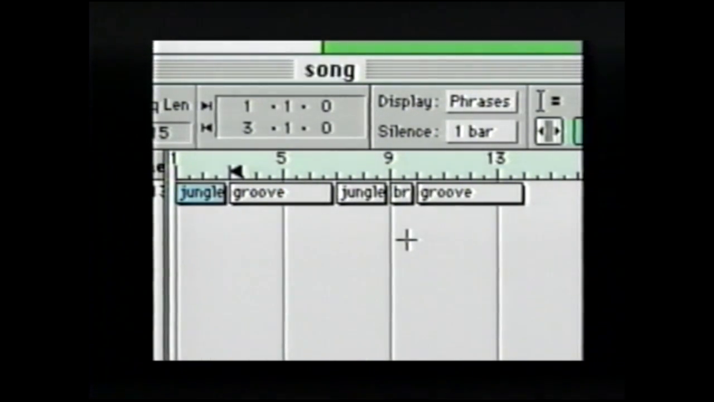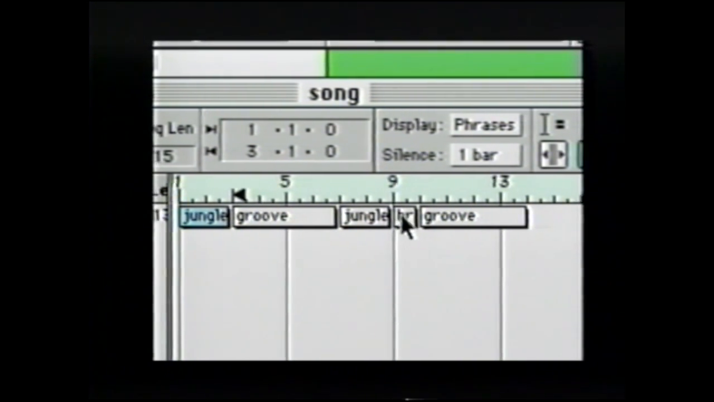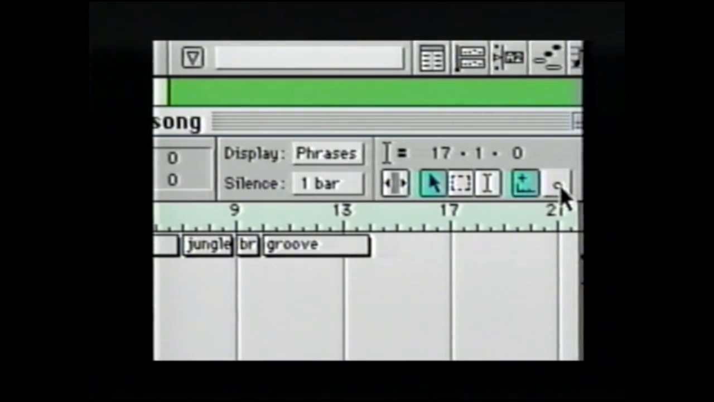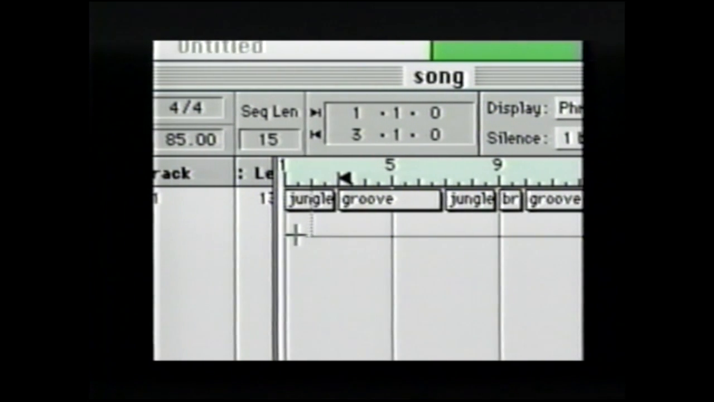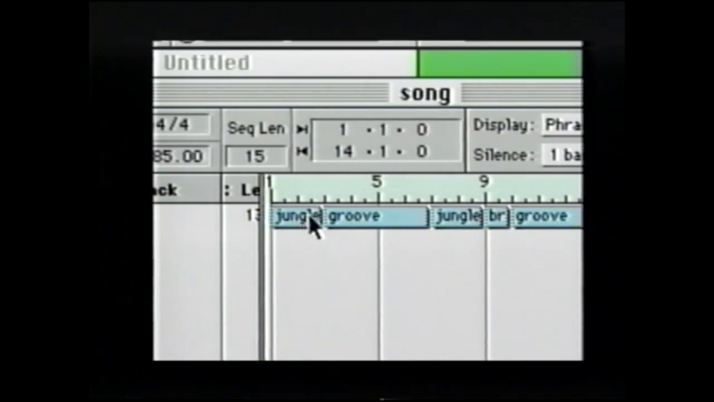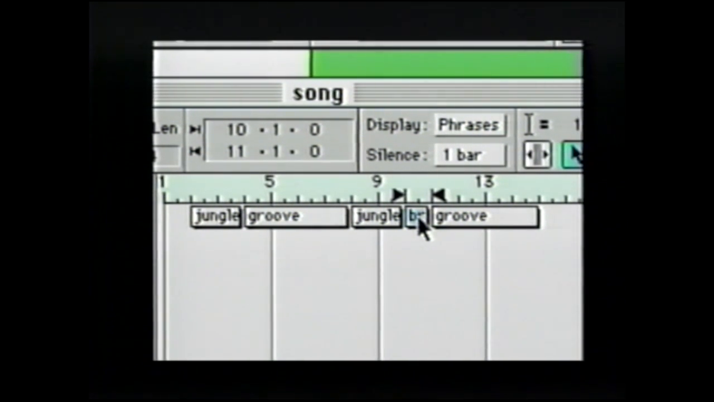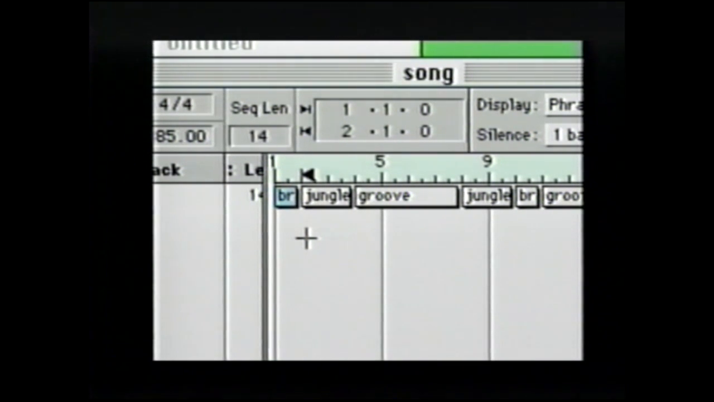now we can easily rearrange our song just by moving these little blocks around. If I wanted the break to go first before this first jungle groove, I could set my cursor quantized to whole notes. I could grab all these blocks, drag them over one. Then I could highlight this break, hold Option, drag it over to the beginning. And now, if we play our song from the beginning,